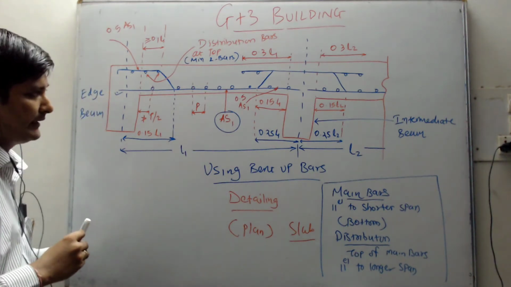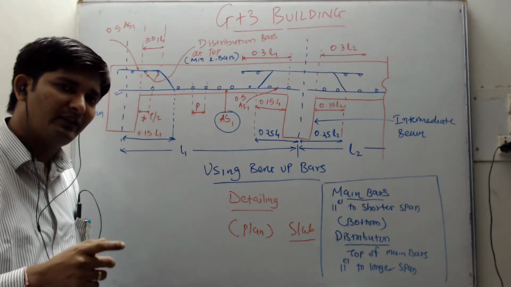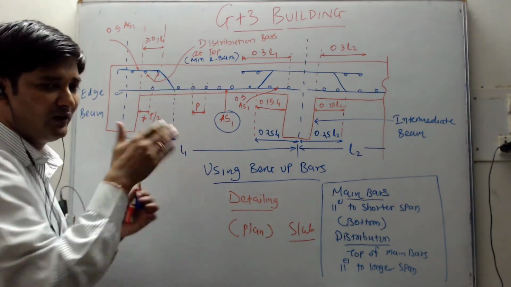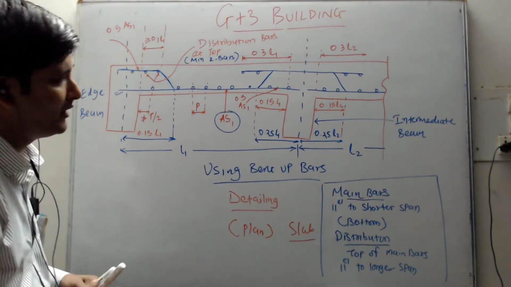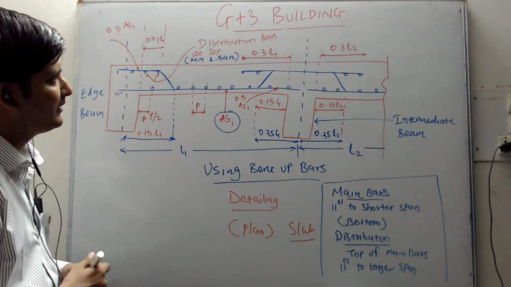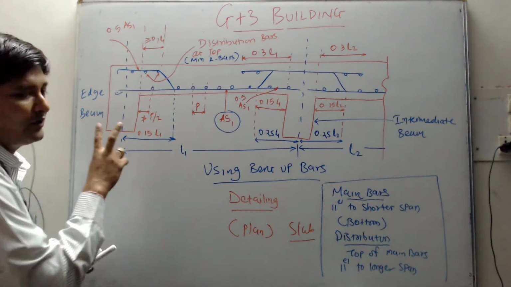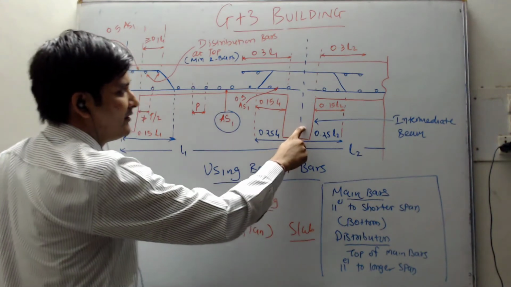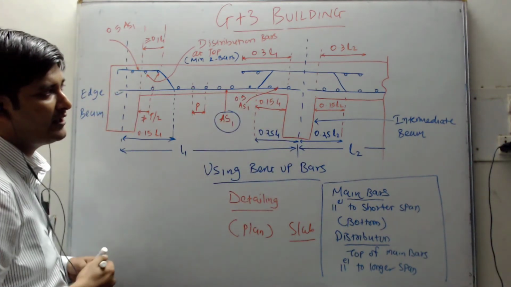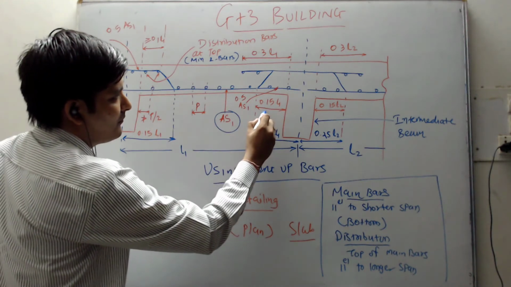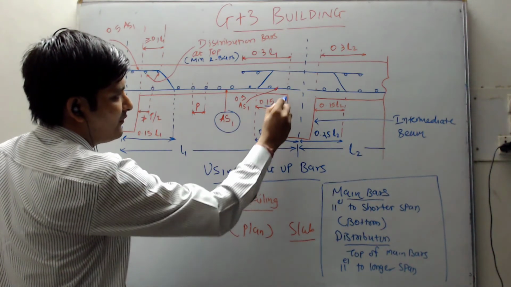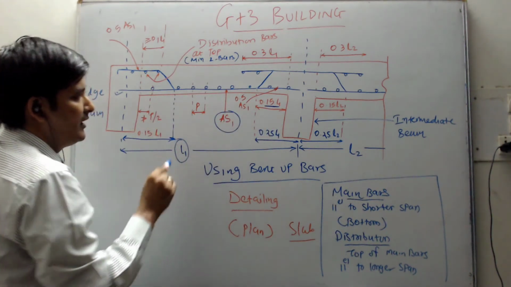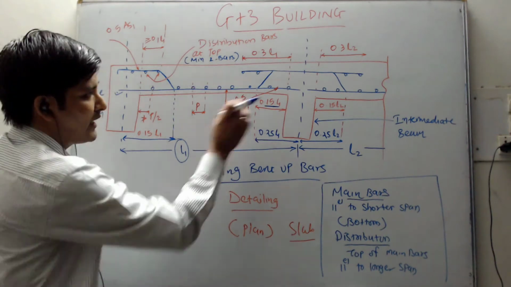Now the next question comes: sir, from where we need to bend up the bars? Whether we need to bend up the bar from the center, or 1/3, or 2/3, or 4th? For that, SP34 has clearly mentioned the length of bent up. There are 2 points here: first is at the edge, and second is at the intermediate. If you are bending up the bar at the intermediate, you need to bend up that bar from 0.15 L1 from the edge of this intermediate beam, where L1 is this distance. Whatever value you get for 0.15 L1, you need to write it here in your drawing.